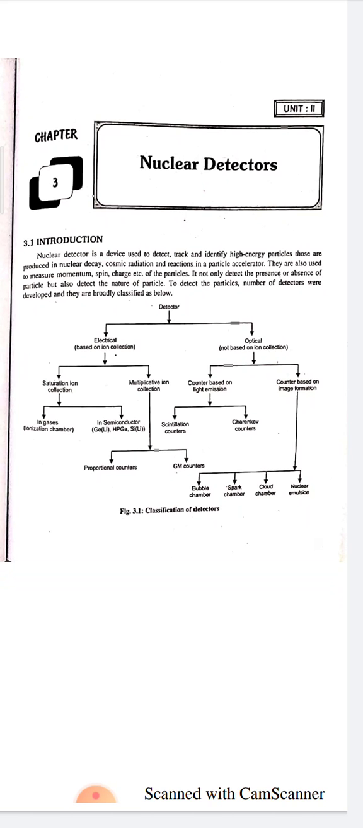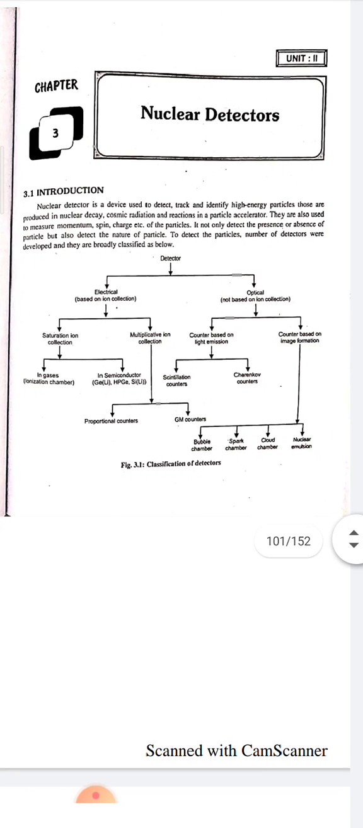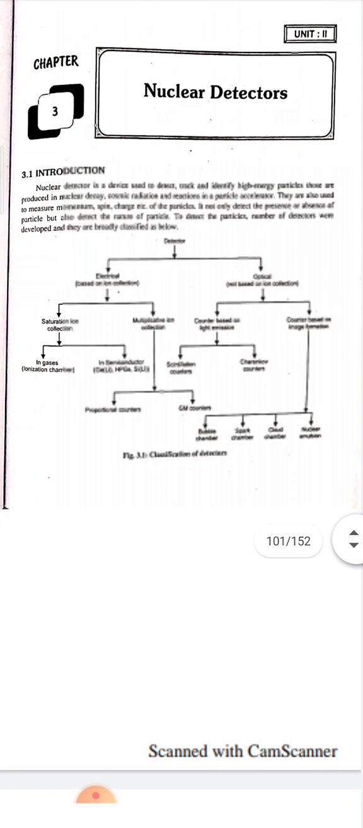To detect the particle, a number of detectors have been developed and they are broadly classified into two types, electrical detector and optical detector. Electrical detectors are based on ion collection, whereas optical detectors are not based on ion collection. Then you can see saturation ion collection, multiplication ion collection here, counter based on light emission, counter based on image